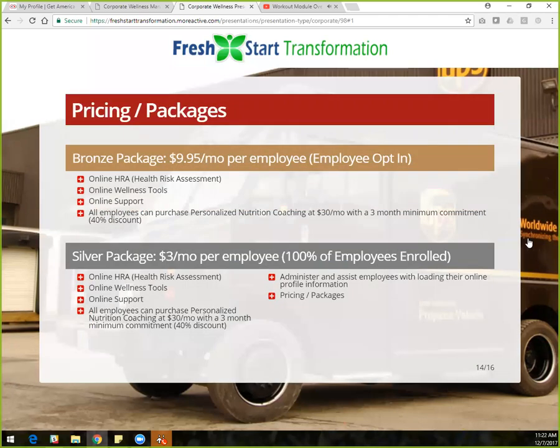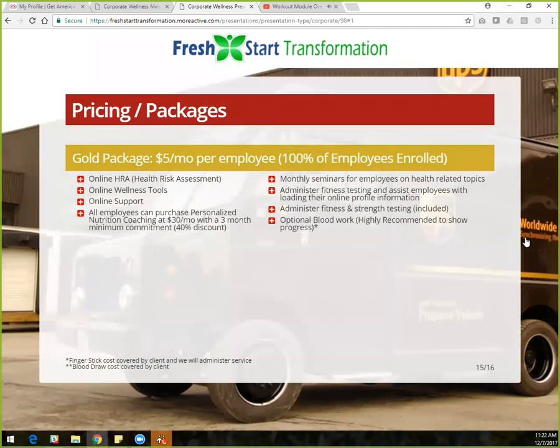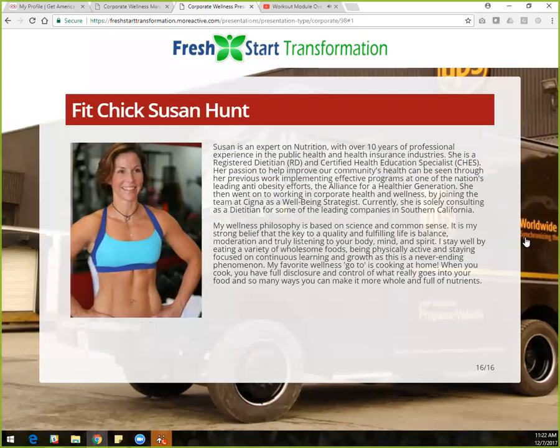Then it goes into your plans. This is the other area that you have the option to edit, which we went through early in this conversation: what you can set your pricing packages at, what price you're going to set them at, and then your bio on you as what you're offering for this particular company. And I'm going to